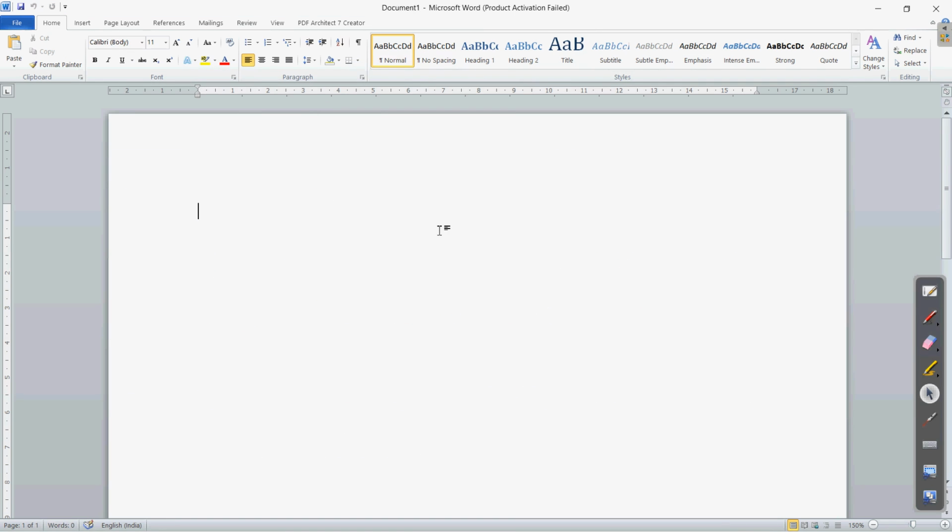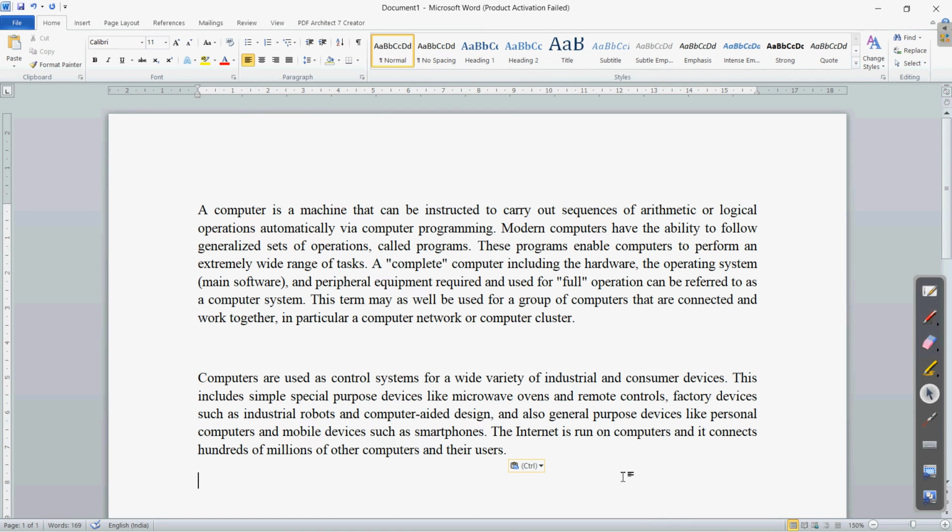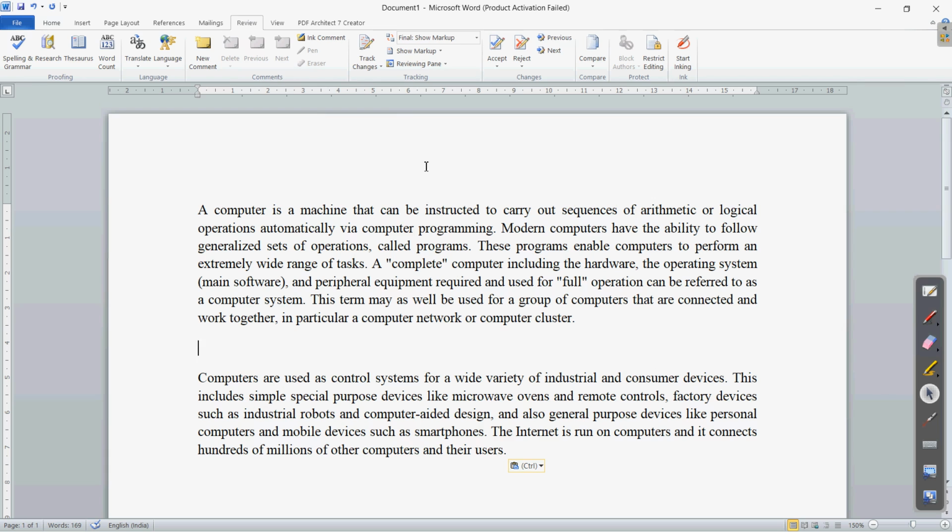Maybe because of the password restriction it was not allowing us. Clear? So this is the new document, and now let us come to the review tab. Here you can see in the previous document, as we had applied the different password settings, there were some restrictions for editing the document, that is why it was not visible to us.